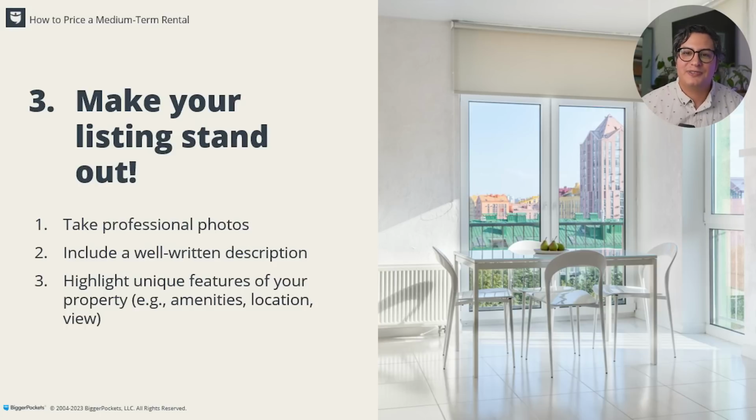Highlight unique features in your property. What does that actually mean? Well, if you have special amenities like, say, a Peloton, which I think is a great idea if you're going to go after clinicians or folks that are wanting to work out. The location, how close are you to hospitals? Do you have a view in your space? You're going to want to make sure that you have all that information in your listing description so that folks, when they're looking for property, can see that and immediately want to connect with you on your property.